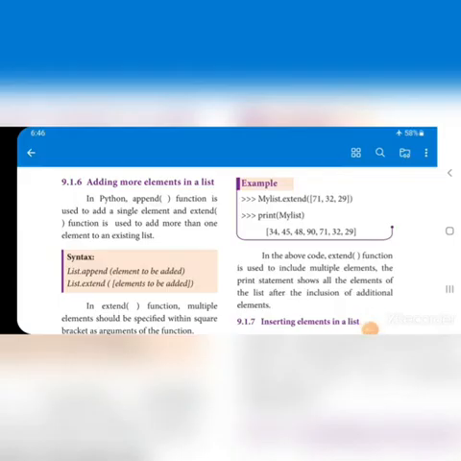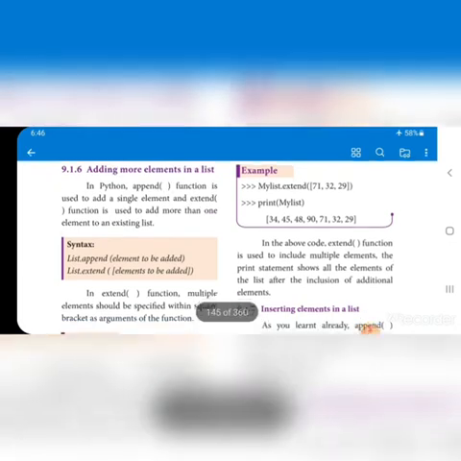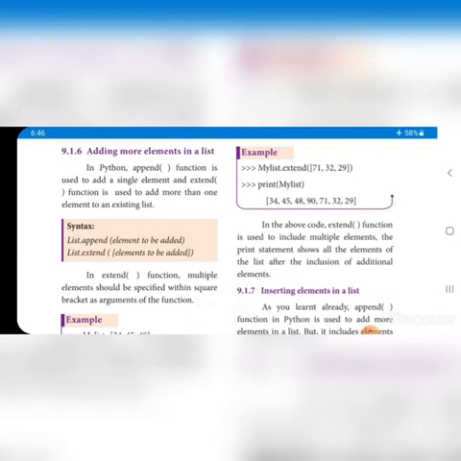And the next topic is adding more elements in a list. In Python, we are now discussing the list. In adding more elements, if we have already created the list, in the list we have some elements, and if we need to add some more elements, we can use the following functions.